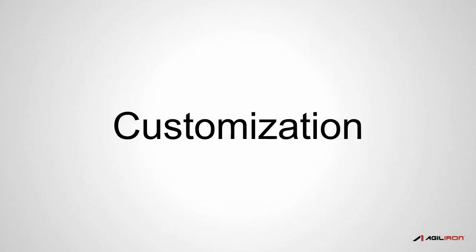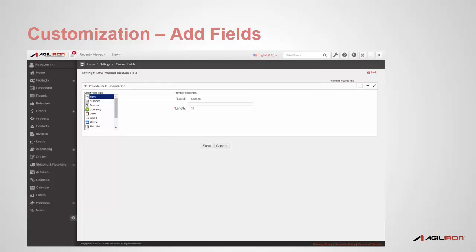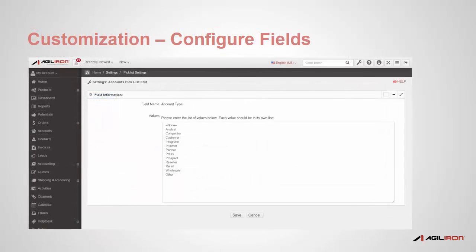The third phase of onboarding is customization. This involves adding your custom fields and modifying standard field values to make the software conform to your specific business needs. This customization phase requires your involvement or someone from your team because it requires a more intimate understanding of